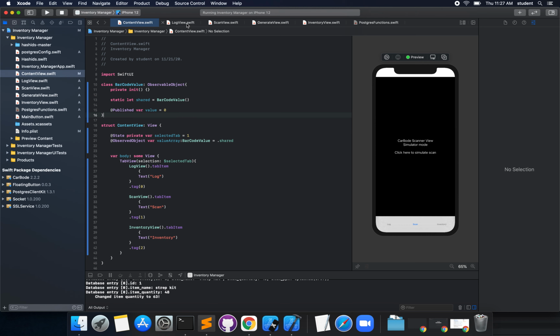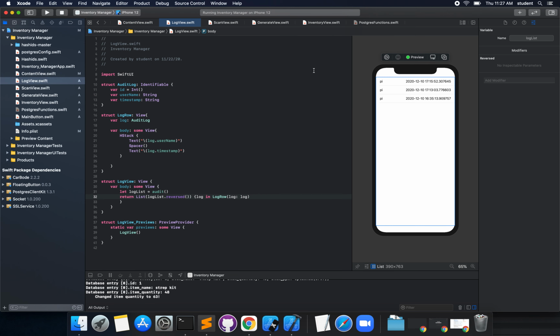Let's start with the log view first, because that's what I just got running last. It is very crude, and it doesn't have the thing that I wanted, which would be seeing the plus or minus of what was just brought in or out, because there was some SQL junk that was kind of a pain. But I digress. This is just a list view that's pulling